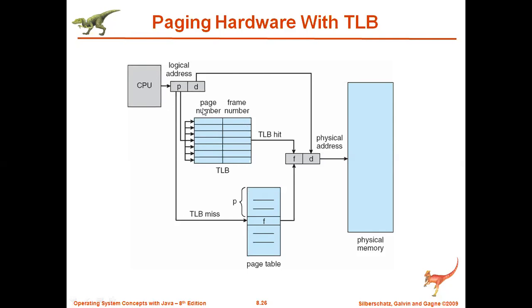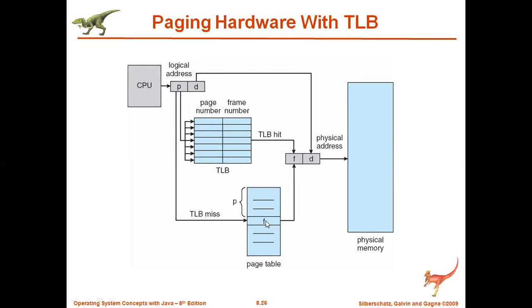If the CPU is able to get those pages from the TLB, then the access time will be reduced, because the drawback of paging is that access time got doubled, as it was supposed to contact the main memory. So in this case, what will happen? If you need X time to contact main memory, then you need half X to contact the TLB, because cache memory is faster than main memory. Then at least some percentage of access time is reduced if you are able to get the pages within the TLB itself.